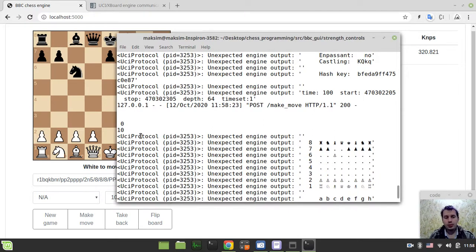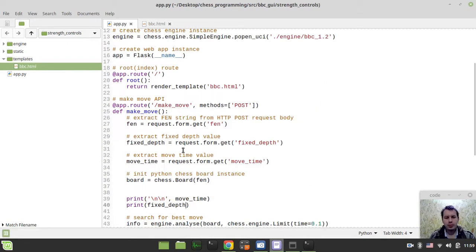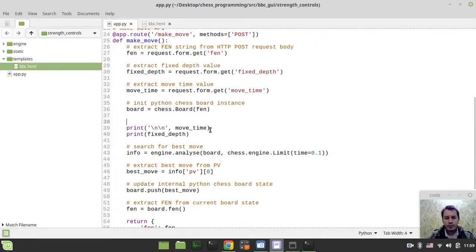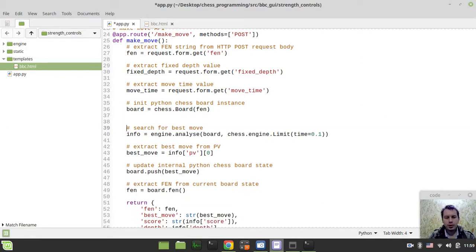So now we just need to do the following stuff. So if the value is not 0, then actually it's far easier, much easier to show rather than to explain. So I'll just have two versions here. So the first case, let's say if move time is available,